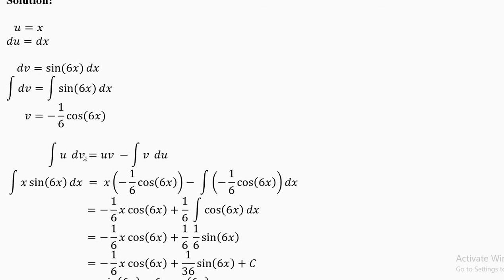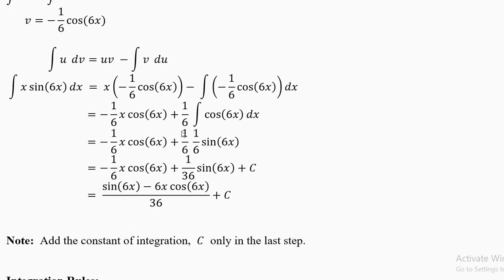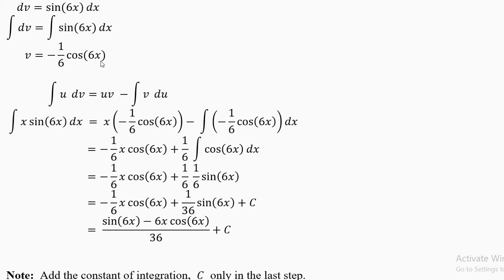Now your main formula is integral u dv equal to uv minus integral v du. Now copy the v from here carefully into a big bracket. Minus, this minus is in the rule. Open a bracket for v and du equal to dx in this case. Now minus into minus is plus, so this 1 by 6 will come out and it will be plus 1 by 6. Here you have to do some algebra. Write minus 1 by 6 first, then x, then the cosine, as we have done before in some other chapters.